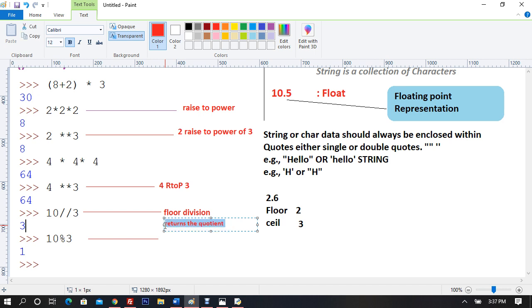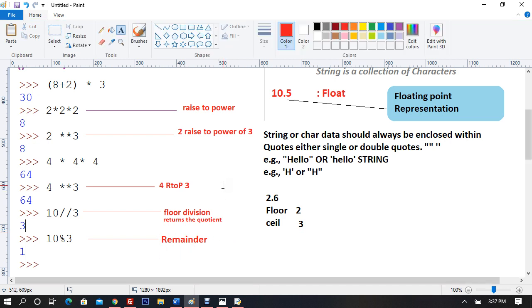And here, whenever you use this percent sign, it's going to give us the remainder of the division. It returns the remainder, and floor division returns the quotient. Slash returns the quotient, and this sign returns the remainder.